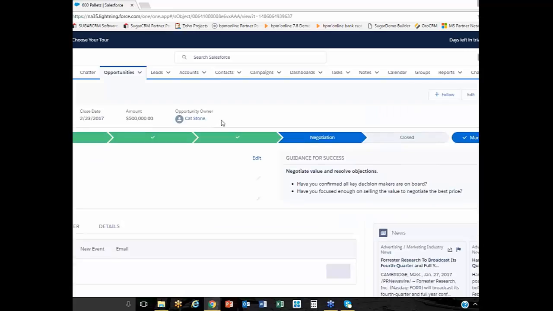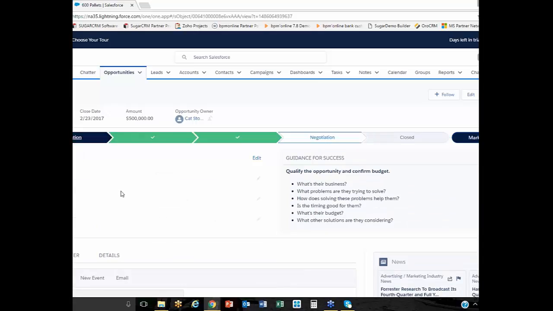So now that we've got the opportunity, we'll notice that several of the sales stages have already been checked off, but this is a process ribbon, and this is completely customizable. It allows us to dictate to each user a step-by-step process that needs to be completed in order to close out the sales cycle. And so as they're going through each one of these stages, key fields are appearing that need to be filled out as mandated by the business process. As we've filled out those, we simply move the opportunity to the next stage.